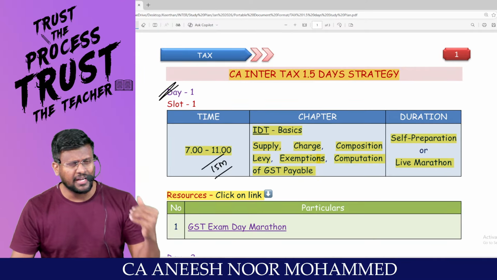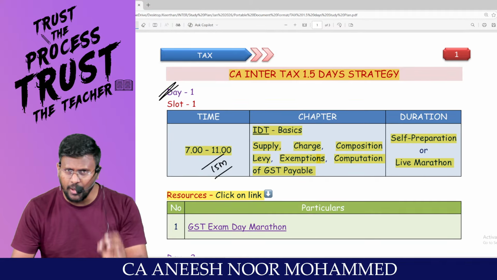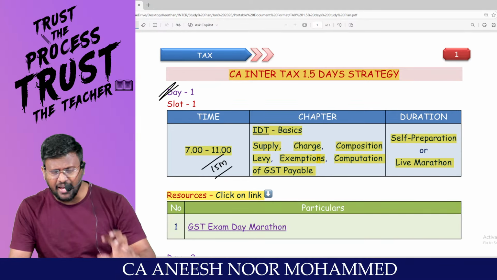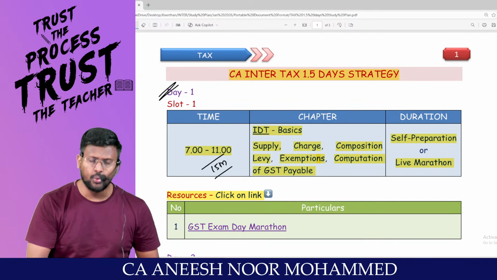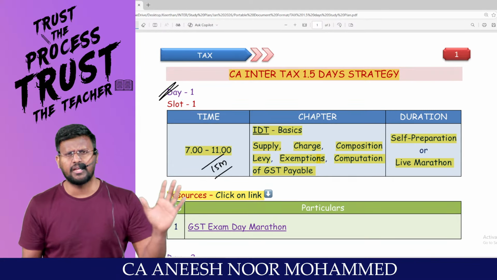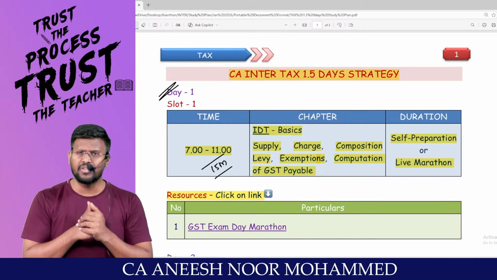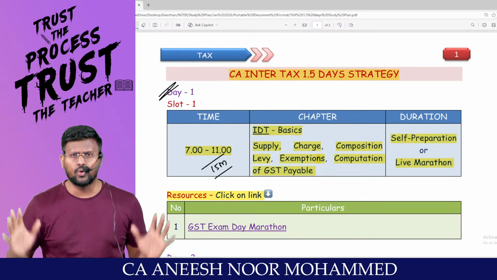I know that after writing law, entire Tamil Nadu, all CA students will be tired. Just to fire you up, I am coming live today at evening 7 o'clock. I am inviting all the CA Inter students, even CA Final students who are going to write their exam this JAN, to come and join me.